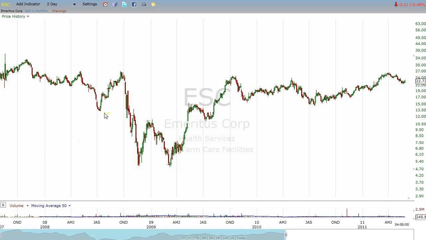But as we look at Emeritus Corporation, which, by the way, about a couple months ago, I mentioned this stock. I said that it had gotten up solidly into the mid-20s, I think about 26, and that I was looking to buy it on a pullback to around 22, and I have done that. But as I look at this chart, I'm looking for things that line up.